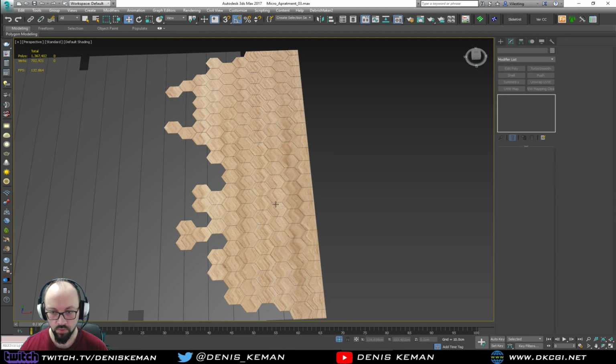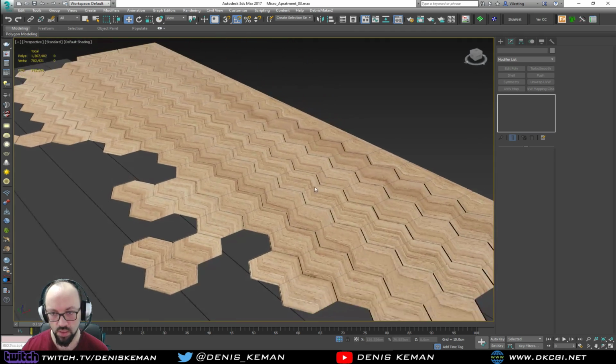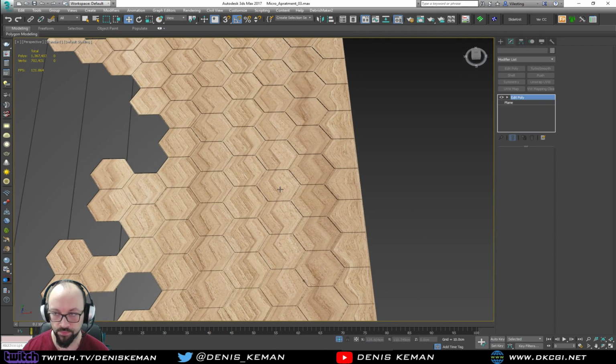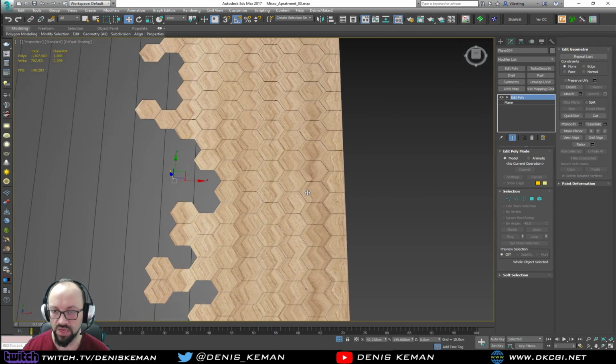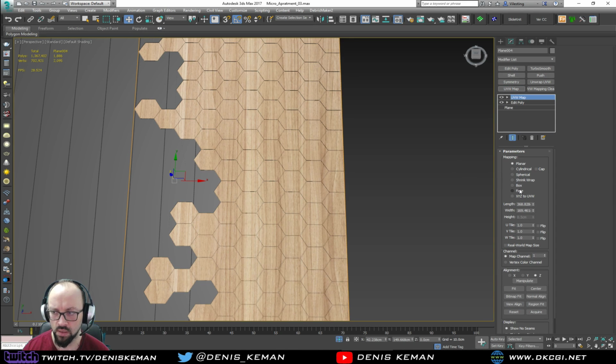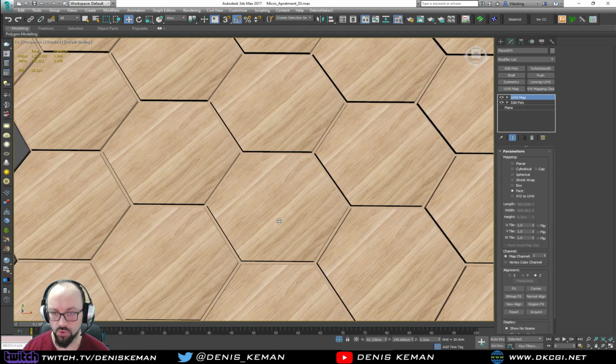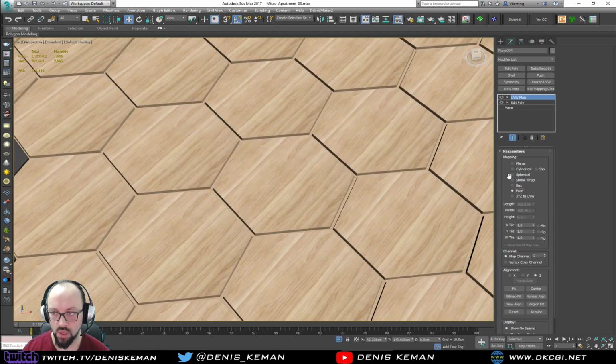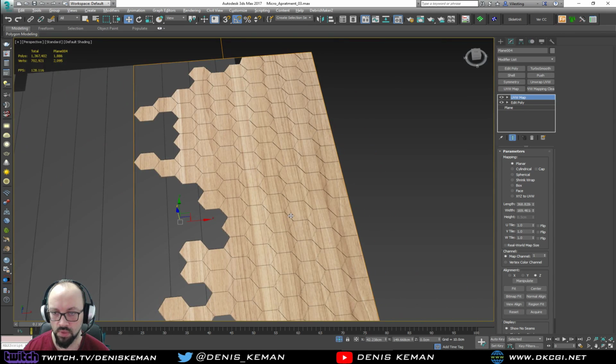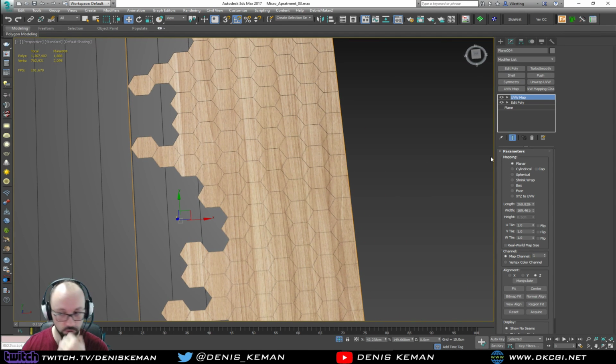Right away, you're going to notice that we have a bit of a problem. The UVs are kind of screwed. So just to make it simple, I'm going to put a UV map on the top of it, make it a face, and this will put the same texture everywhere. Or I can put it as a planar, and this will make it one continuous texture. Now, for this to work,